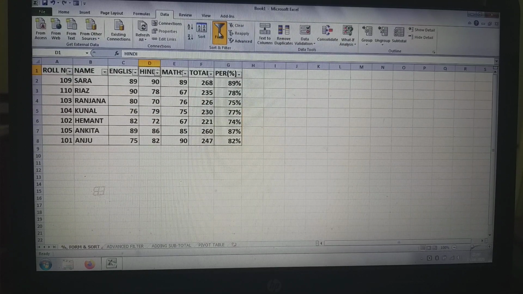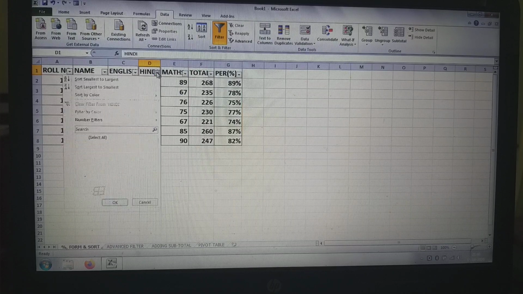You will see small arrows. See here, small arrows are added to each field name. These arrows are used to specify conditions to filter data.